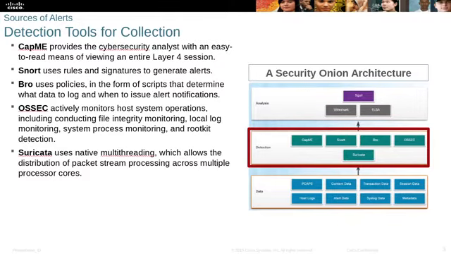We also have Suricata. This is a network-based intrusion detection system, and it uses a signature-based approach. It can also be used for inline intrusion prevention. It is similar to Bro, however, Suricata uses native multi-threading, so this is very powerful. This allows the distribution of packet stream processing across multiple processor cores, so this is going to increase the speed